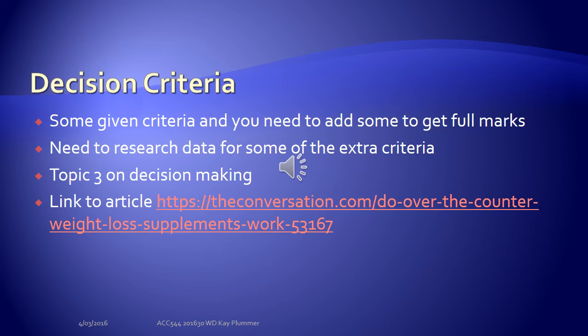And obviously in a mathematical situation you'd be looking at the model that you'd be applying, and you'd be applying the model. In this decision we're not actually making the final decision. All we're doing is collecting the data and deciding the criteria on which to base the decision. And that's what your research task is about, collecting the data and presenting it so that we can make the